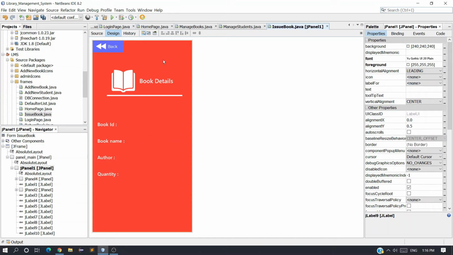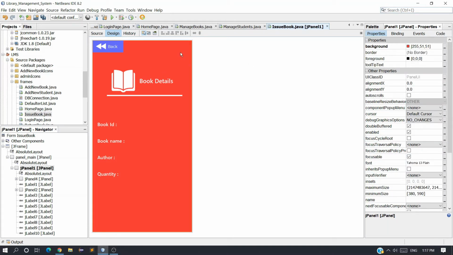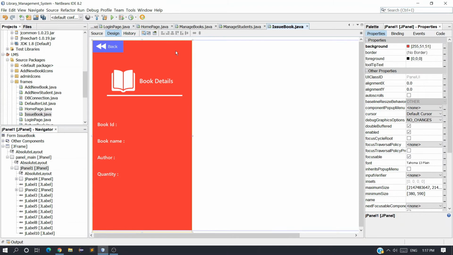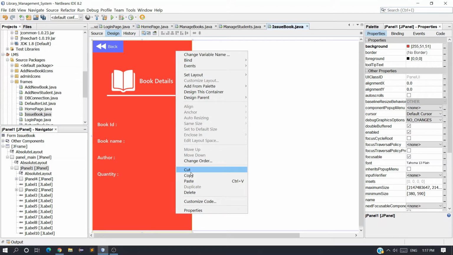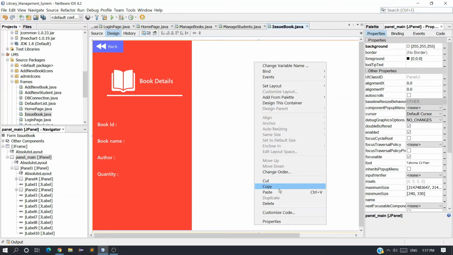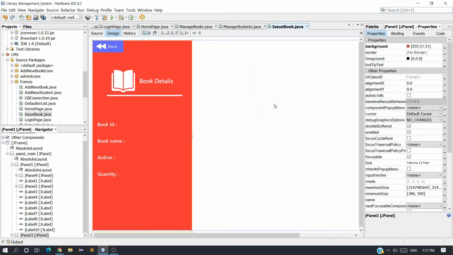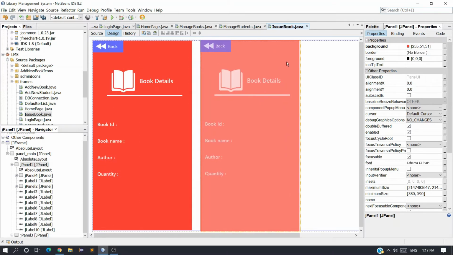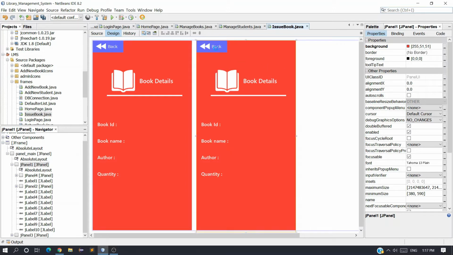First let me create another one for student details. So what we have to do, just right click and copy, and click your mouse anywhere and paste, and you can see we got it. So let me just move from here and remove this button.